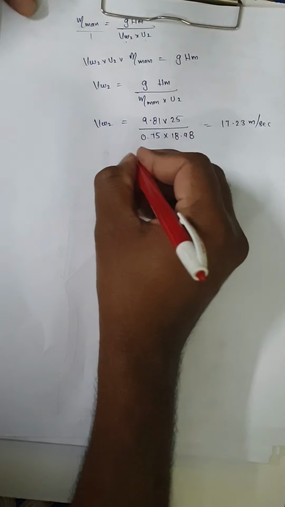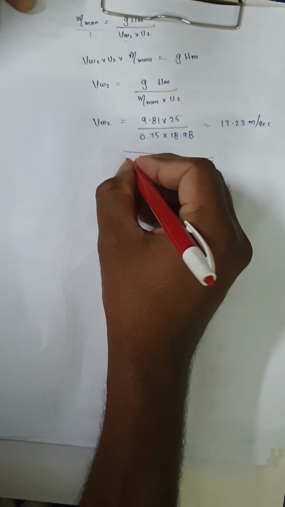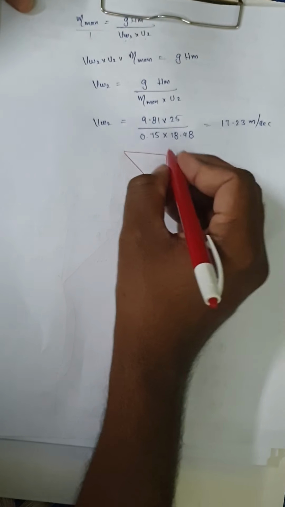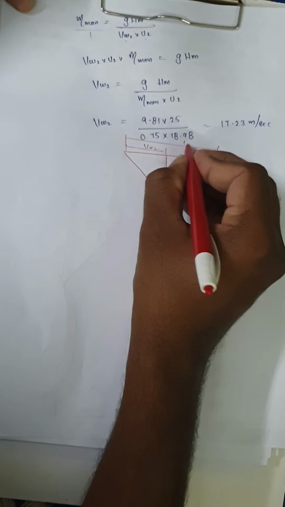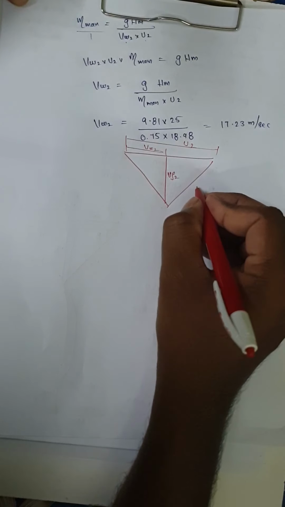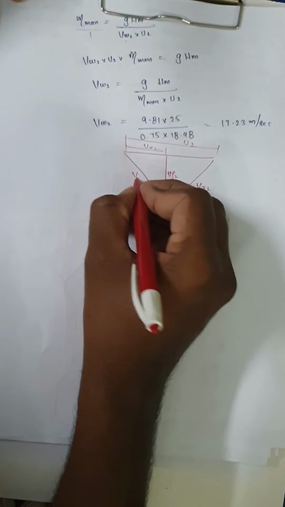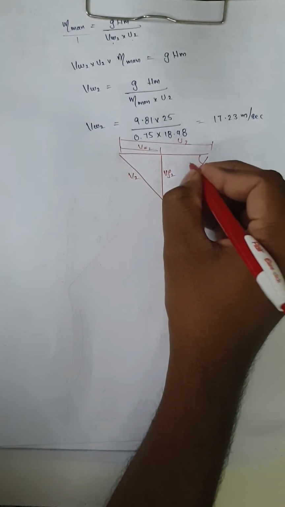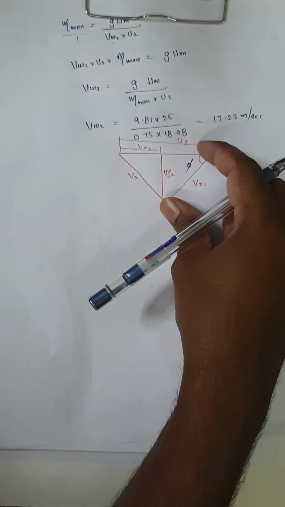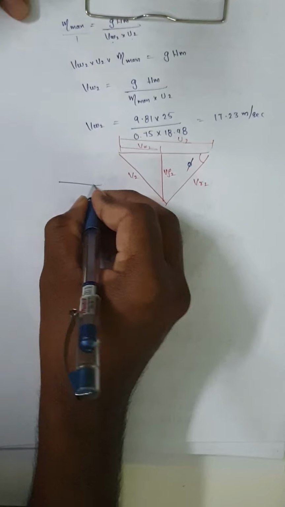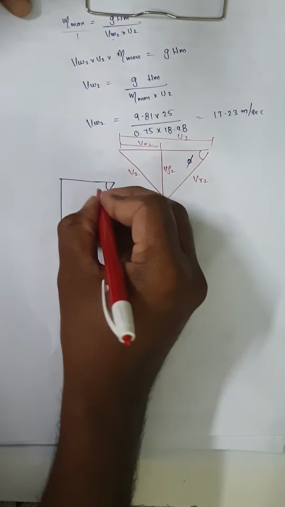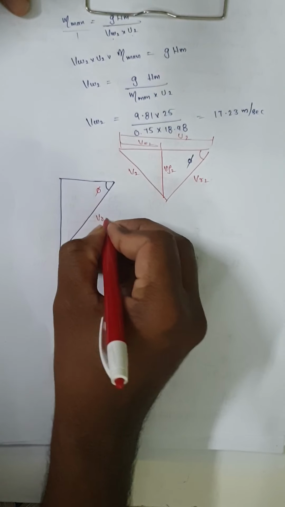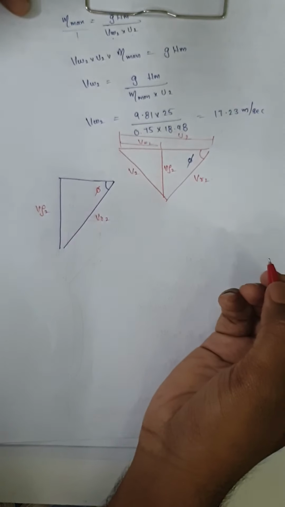Outward you have to consider from here, this is Vf2. From here to here is Vw2. And the overall, if you consider that one, is u2. This one is your Vr2, this one is your V2, and this is the phi. That phi only you have to find out. So you select this right side triangle. Now I am drawing the right side triangle. This is phi, this one is the Vr2, and this one is the Vf2.